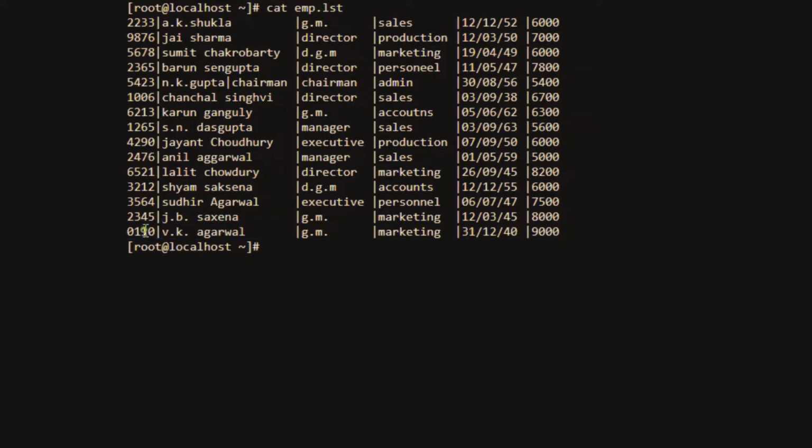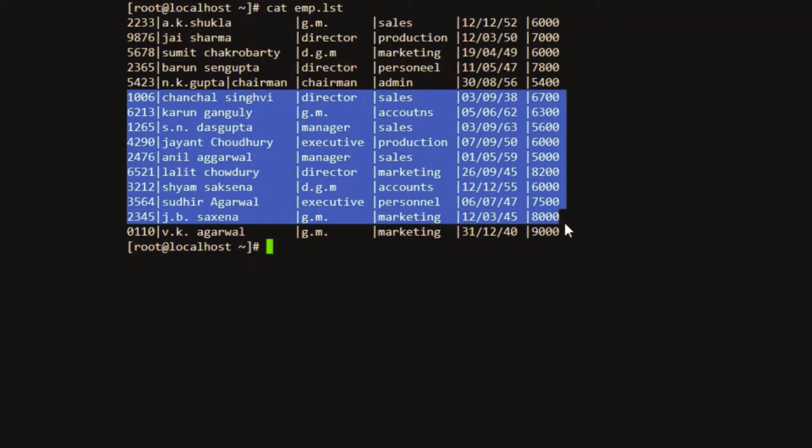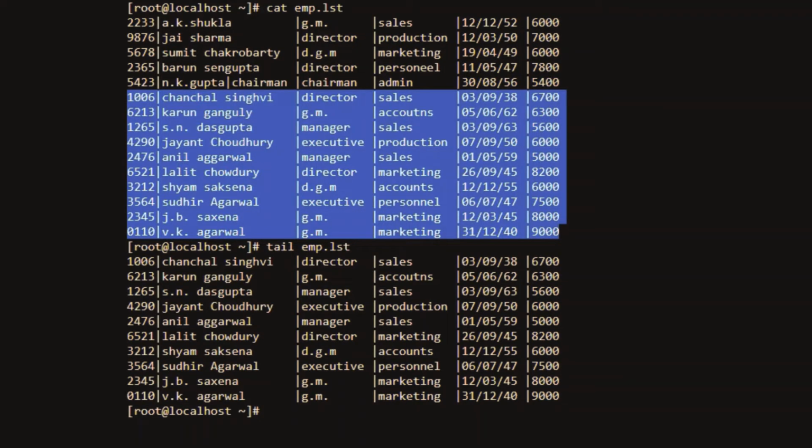So for example, here 1 2 3 4 5 6 7 8 9 10. These 10 lines you want to print, then you can use the tail command. The tail command, when used without any option, simply prints the last 10 lines of the file. So here you can see, when I type tail, as I have selected these 10 lines, those 10 lines are being printed. So this is the purpose of the tail command.